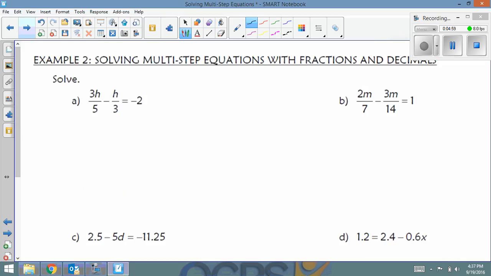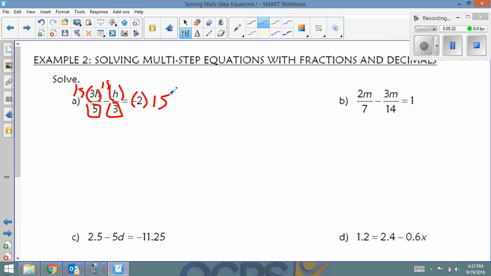These tend to get a little bit tricky when we have fractions that we have to deal with. Okay? So to get rid of the fractions, we have to find a number that both denominators go into. So 5 and 3, and they both go into 15. So what I'm going to do is multiply every term by that number, 15, including this